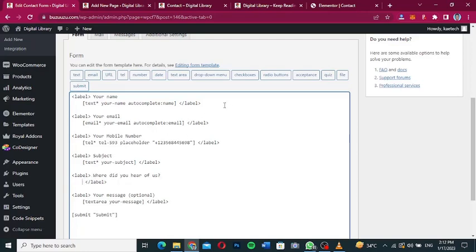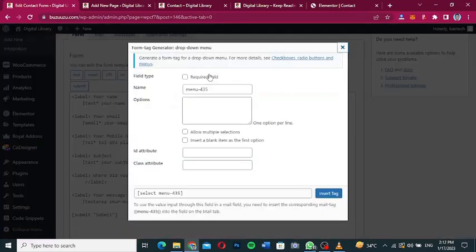And then maybe I'm going to bring a drop down menu. So I'm going to click on this drop down over here, and I want the field to be required over here. And then the options, I will say the options that I want them to choose from, because it's a drop down menu. So the options that I want them to choose from, I'll say maybe Facebook,